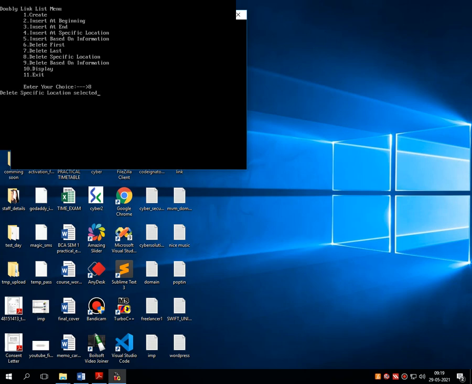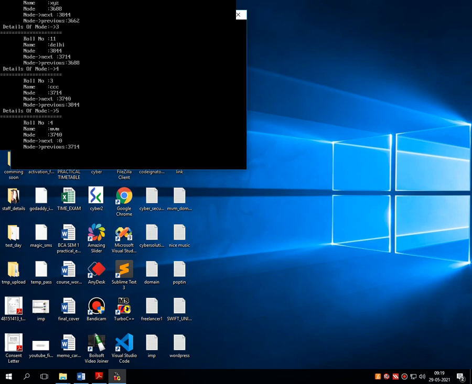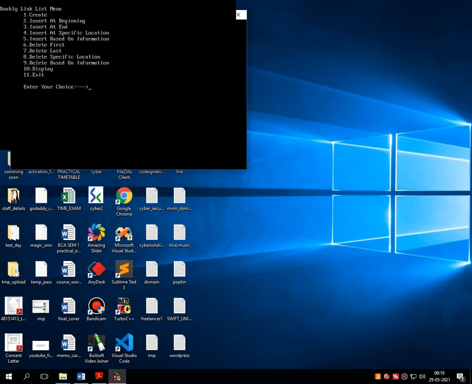Suppose I am giving delete at specific location, and here I have to give the node number. Suppose I am giving node number 3. So 3 is Mumbai. Are you sure you want to delete? Yes. Now total there are 5 nodes in the linked list. Option number 9 is for deleting the specific information. So delete information is selected. Here I have to give confirmation, and